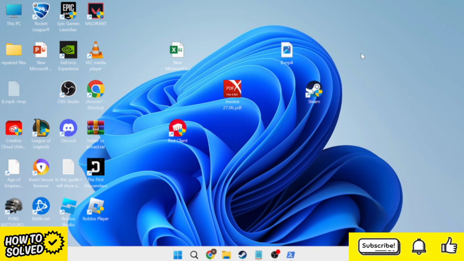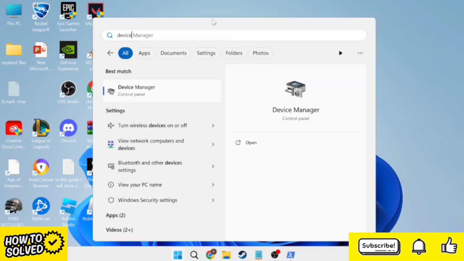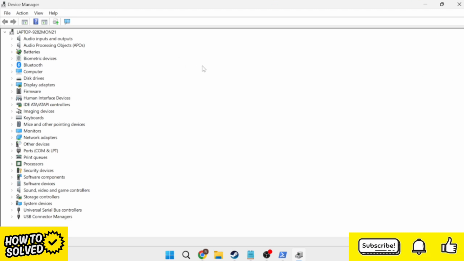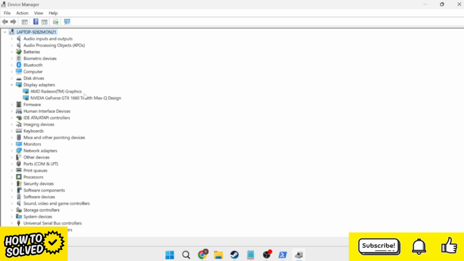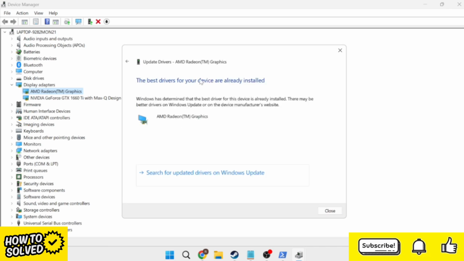So we're going to start by updating our graphic card drivers, and we can do this by heading over to our Start menu, and we're going to search for Device Manager and then come over to the Device Manager panel. Inside of this window, we need to come over to Display Adapters here and expand this list, and you need to locate your graphics card from the list here. And we're just going to right click on our graphics card and come into Update Driver. Then you just need to press Search automatically for drivers,